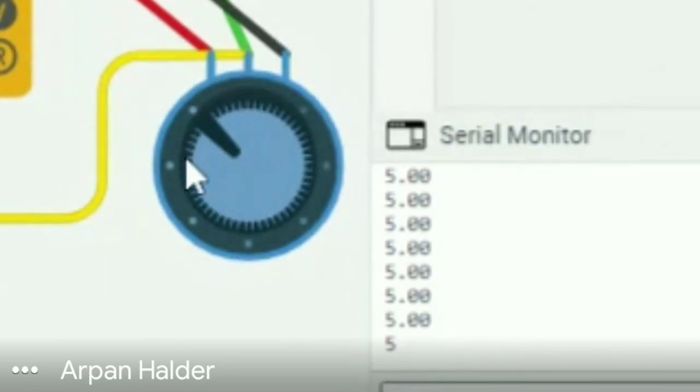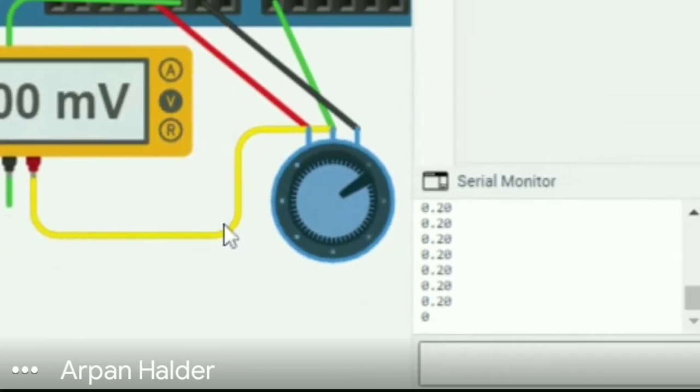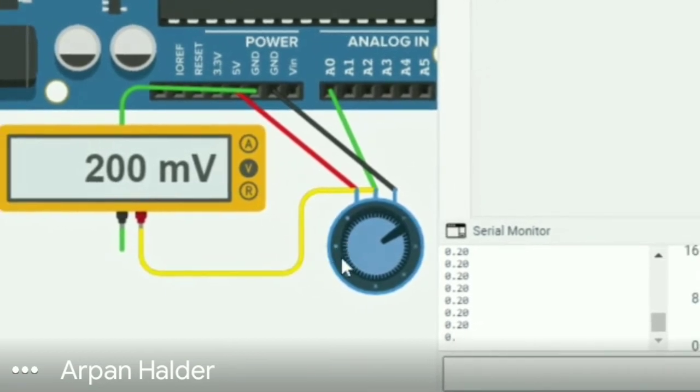Now you can see we have scaled the whole thing to 5 volts, and the terminal is exactly displaying the voltage value in here.